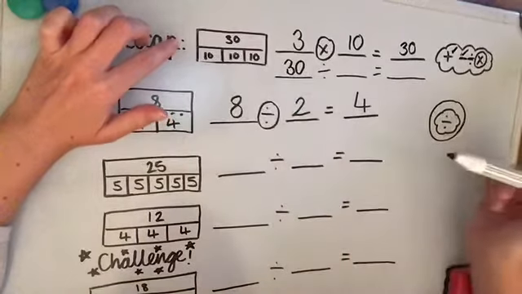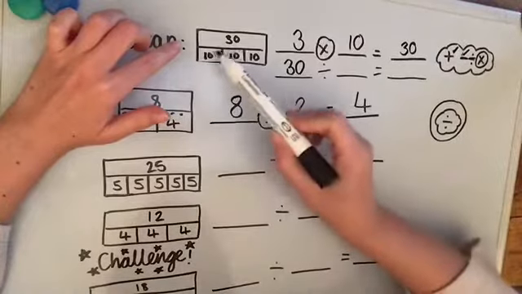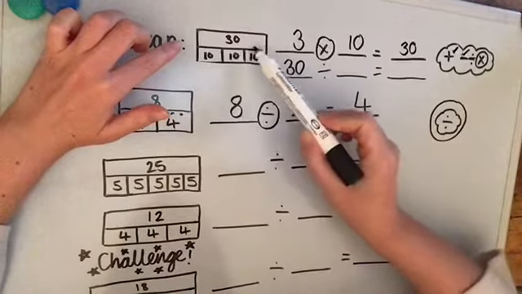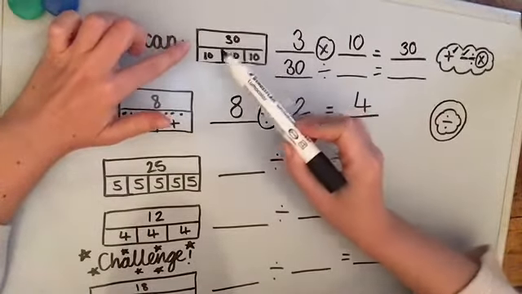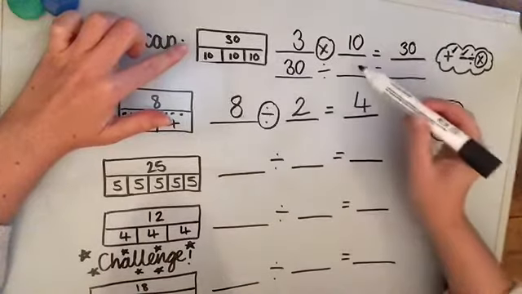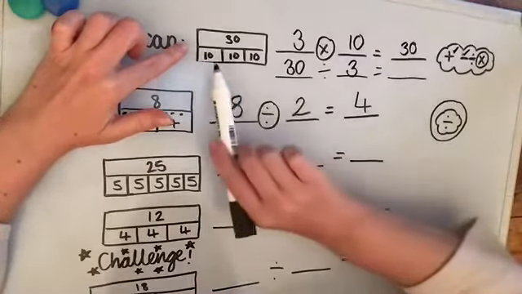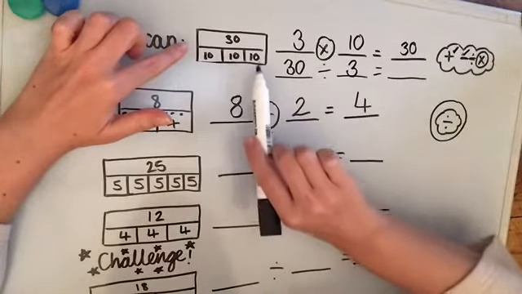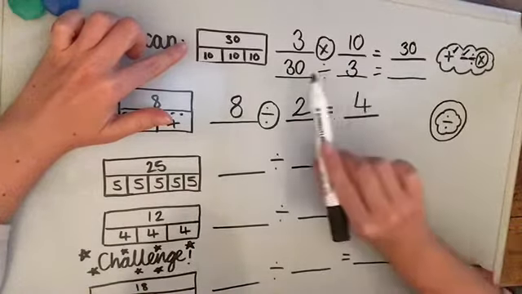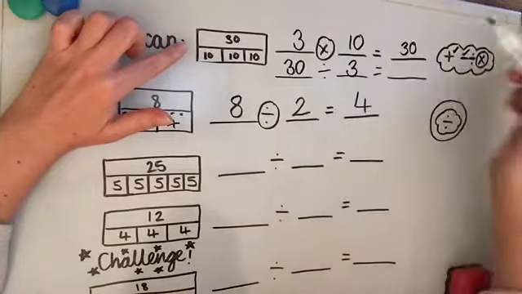Well, how many equal groups are there? There's 1, 2, 3. 30 shared between 3. And how many is in each chunk, each group? Well, there's 10 here, 10 here, and 10 here. So 30 shared between 3 would give us